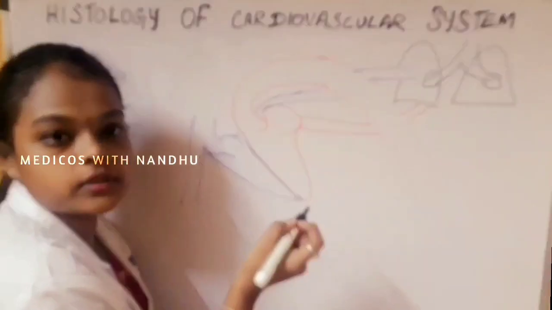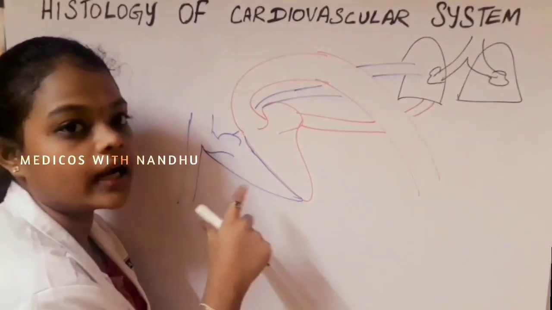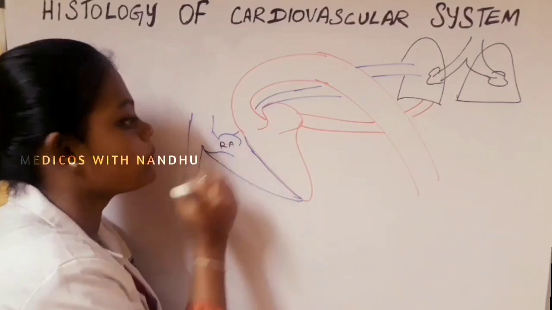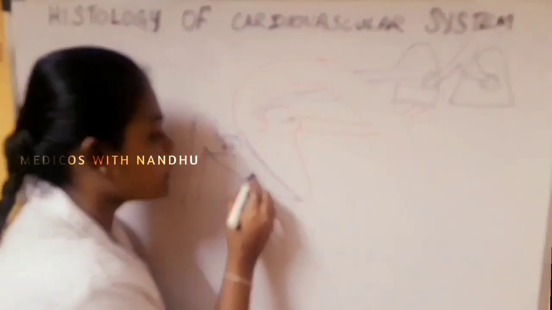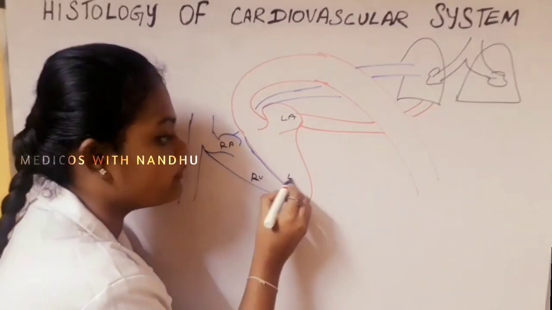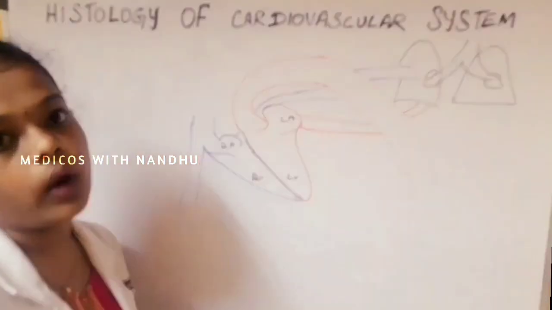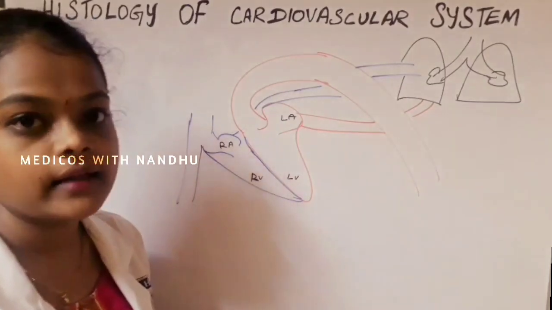So the chambers of the heart are two atria and two ventricles which are present in the heart. The two atria are the right atrium and the left atrium. The two ventricles are the left ventricle and the right ventricle. There are four valves: two input valves and two output valves. The input valves are